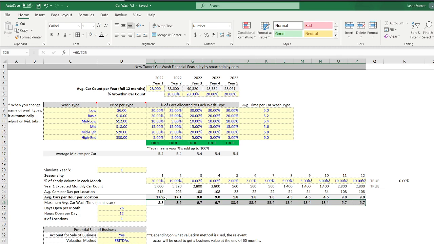You're doing a car every 3.3 minutes, but based on the different car types, the different car washes, and the different time it takes to do each one, you're actually taking 5 minutes. So here's how the logic will tell you there's a problem. It's now saying your average minutes per car is greater than your maximum average car wash time in minutes. So you can't fit 5,600 cars in a month